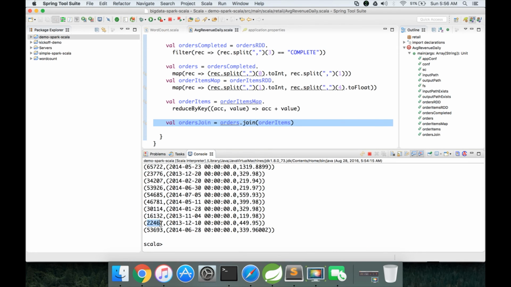This one is order ID, and in the tuple we have order date and order revenue. For each order ID we got the revenue here. Okay, so now we will use this one and then we will do further processing to get the average revenue for each day.